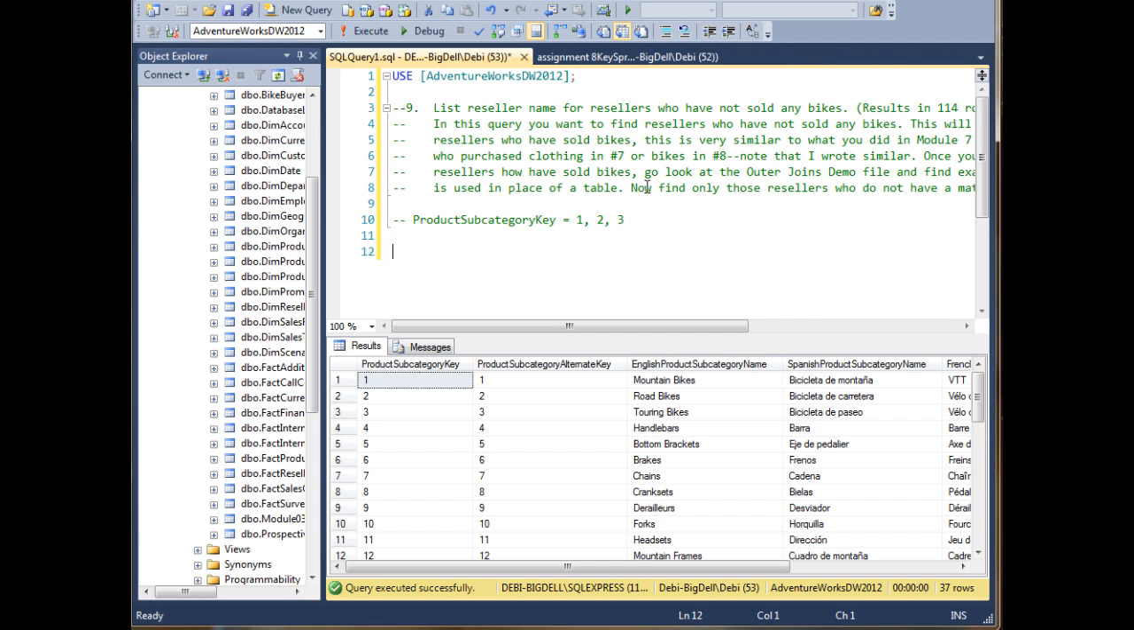And now I'm going to find the resellers who have sold bikes. So I'm going to start like I normally do with the select statement and then move directly to the from. And I'm going to start with resellers. So I need my fact reseller sales. And I'm going to call that R, just to make it easier to work with. And I'm going to do an inner join to the product table. I'm going to call it P